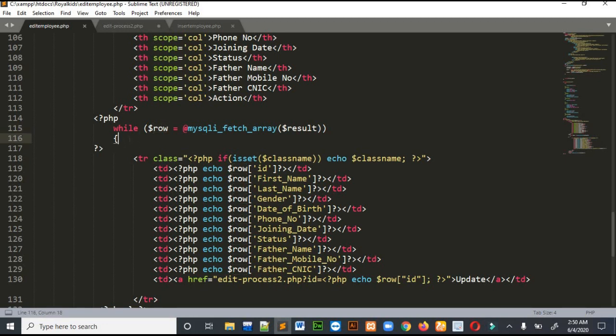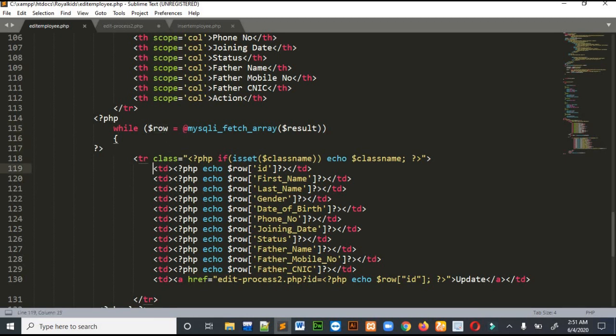What this loop will do is fetch the data of the first employee, then the second employee, then the third employee, until the last employee. It will get the whole data of that employee and save it in the row. Then we will show the data to the user using this row variable.